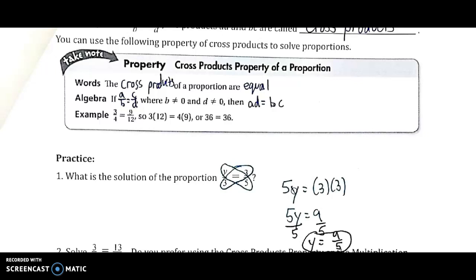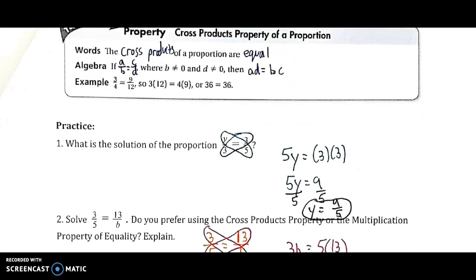So if I know that 5y is equal to 3 times 3, I can take both sides and divide by 5. Again, it should only take one step. Since I just start with multiplication, I can undo that by dividing. And I'm left with the answer y would be 9 over 5 as a fraction. Again, improper is fine. So again, if I'm given that second proportion, 3 over 5 equals 13 over b,